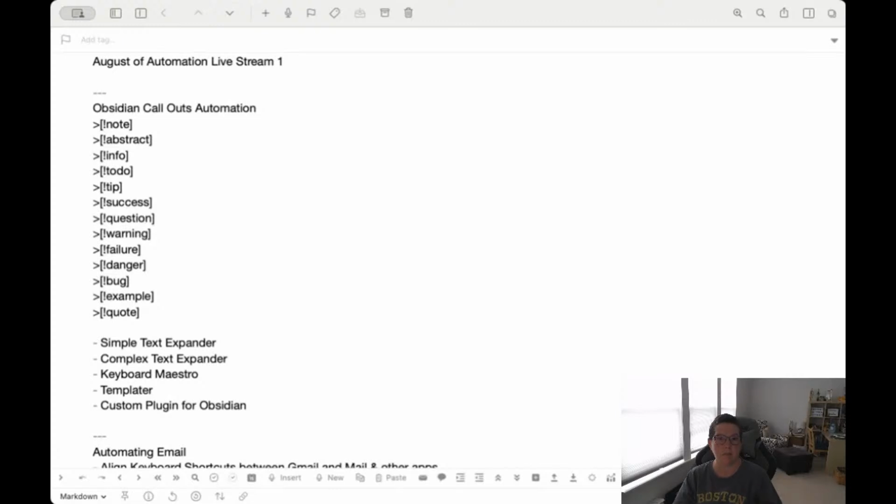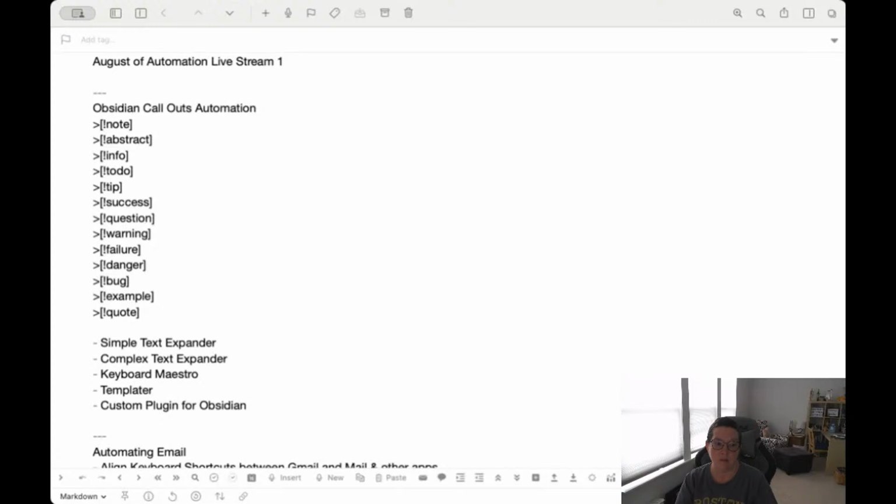I could also use an app called Keyboard Maestro. My friend Brian, who might be the person watching this, he said he might try to be on here, is exceptionally good with Keyboard Maestro. He's actually written a Keyboard Maestro palette for this specific task, which is one of the reasons it was in my automation list. I was like, I like what Brian did. I don't know if it works for my brain, but I want to try this.